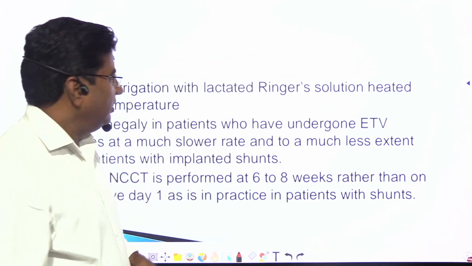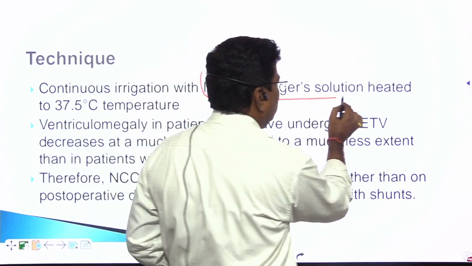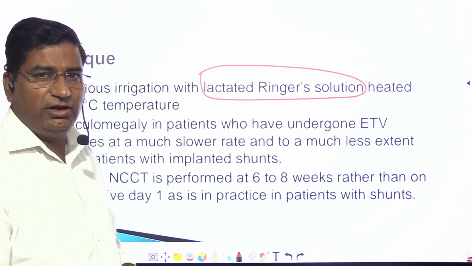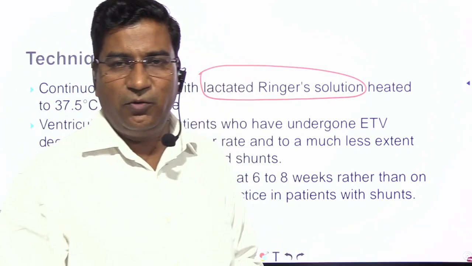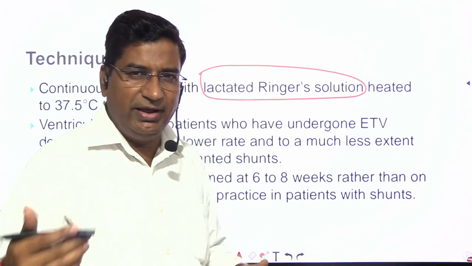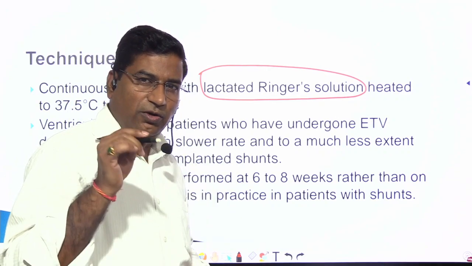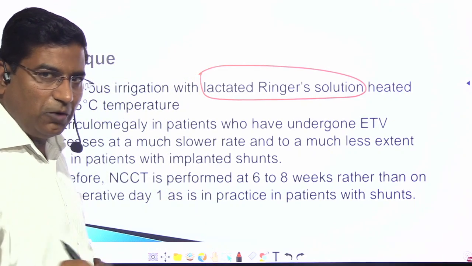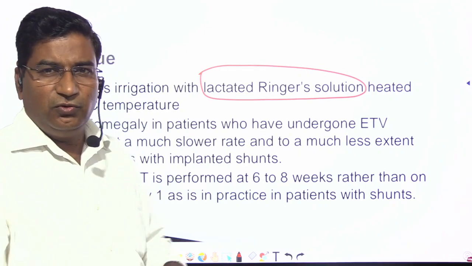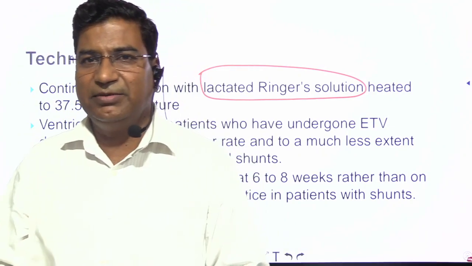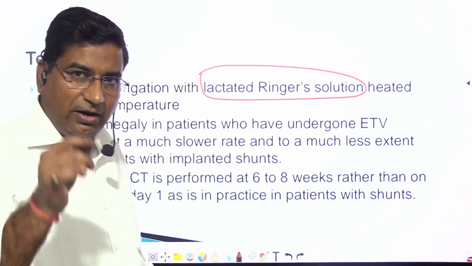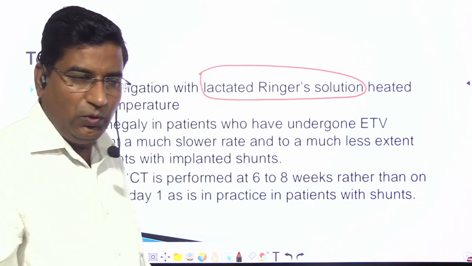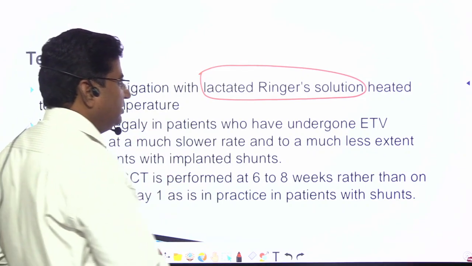Continuous irrigation with lactated Ringer solution. Some neurosurgeons are using normal saline. Some use Ringer lactate for the continuous irrigation. When you put endoscope or fenestrate the third ventricle floor, there is bleeding or oozing from the margins. So you continuously irrigate with warm saline until bleeding or oozing is stopped. And your vision is also hampered when bleeding is troublesome. So continue to irrigate and have patience to stop the bleeding, and your vision is improved. So after that you further proceed your procedure.